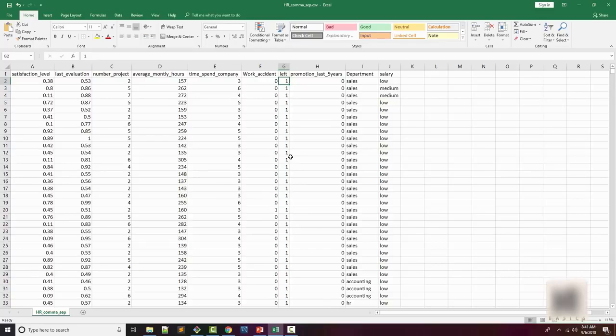These kinds of analytics are very important for the HR department because they want to retain the employees. And if you can build a machine learning model for the HR department, then they can focus on specific areas so that employees don't leave the firm.